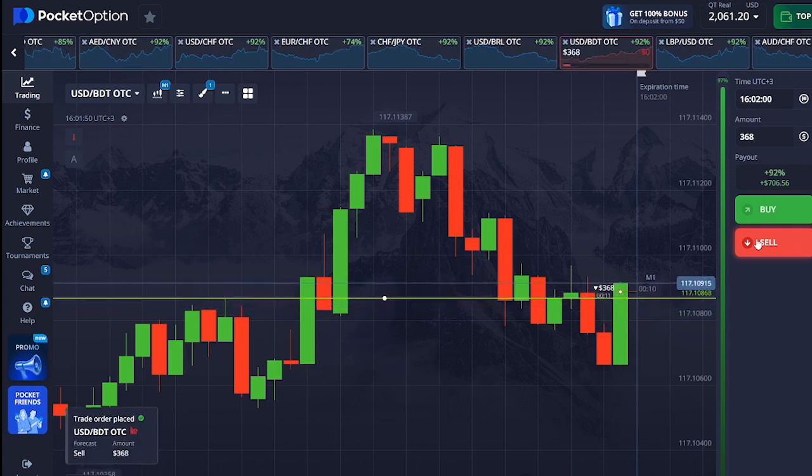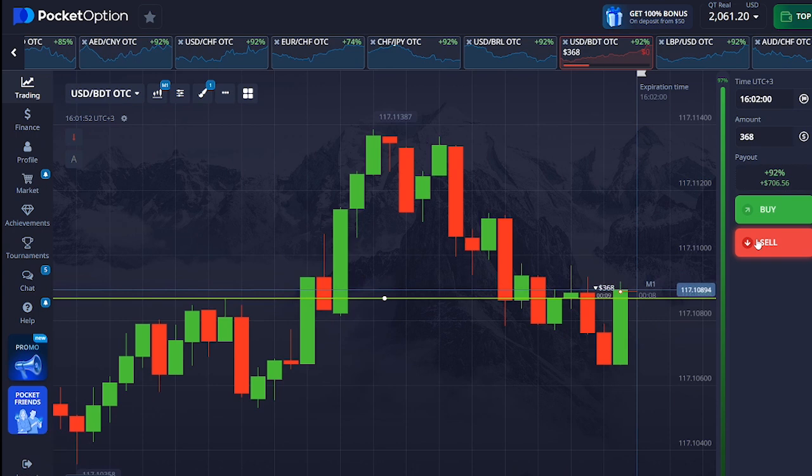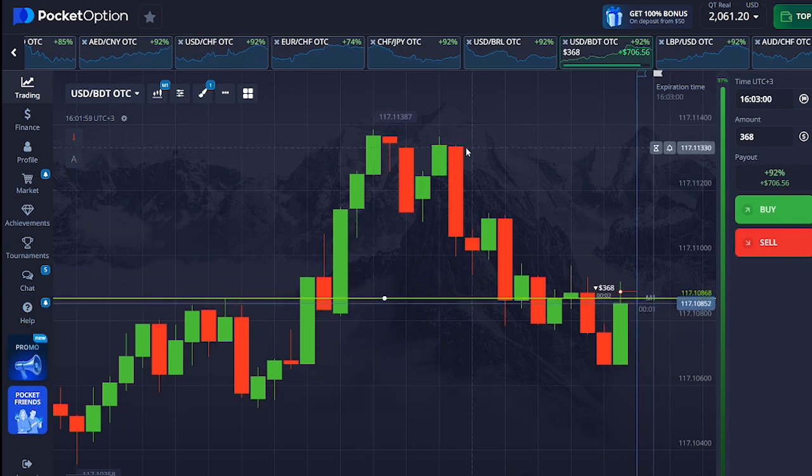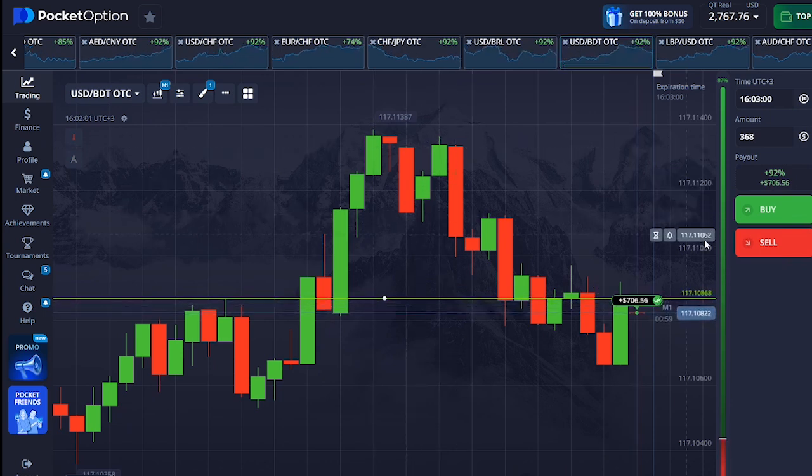So guys, I took a trade right here with the sellers. This will be my last trade. So the reason is very simple. So we have this double top right here. We broke the neckline. Okay, that was a winning trade.